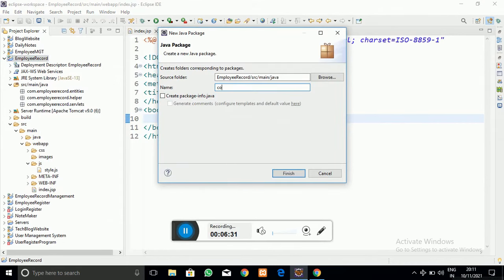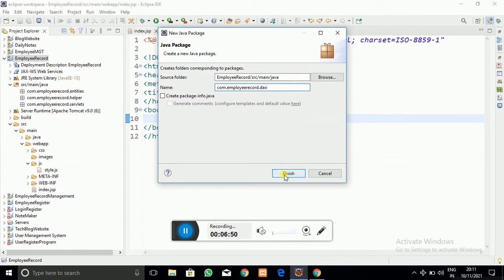And another package I am going to create is for the data access objects, which are used to communicate to the database. That is, our Java application can communicate to the database through these DAO packages. So let me create that also.